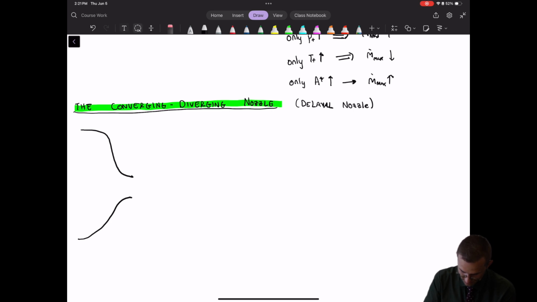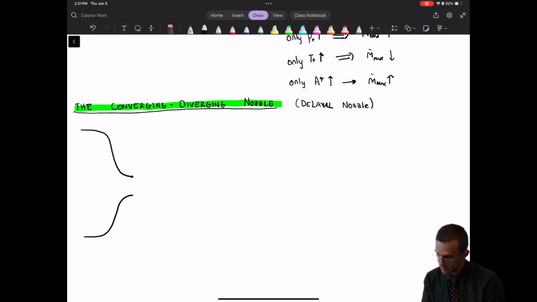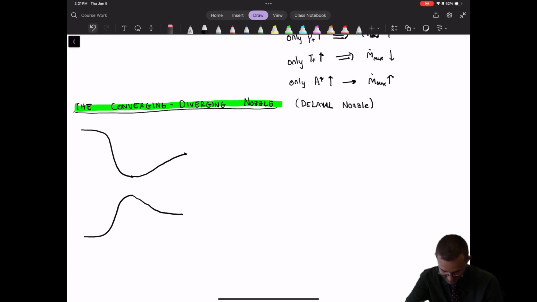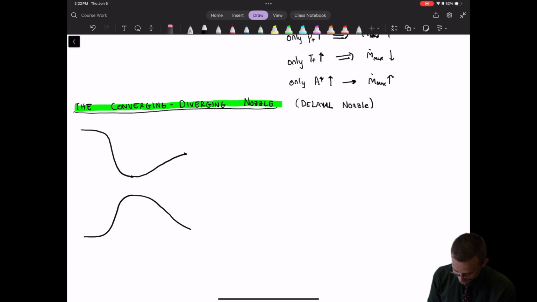Sorry, I can't get these two halves to match each other there. And then a bell-shaped diverging section here. I don't know why the bottom lines are so much more difficult for me to draw. That's better. Okay, and then we say that this is state 2, state 3 is at the exit, and then